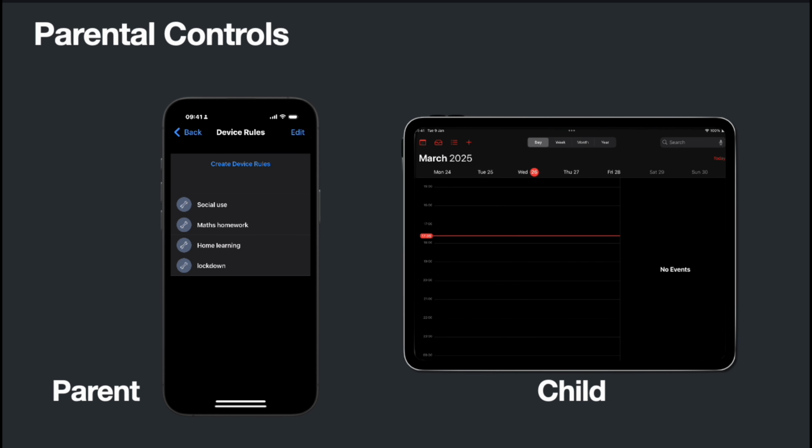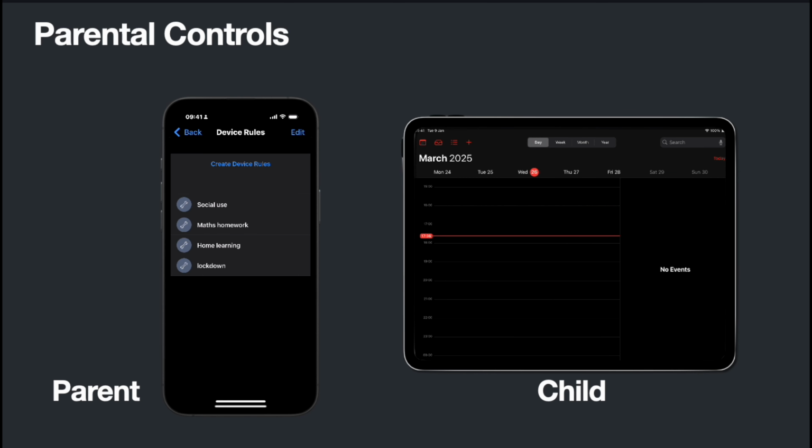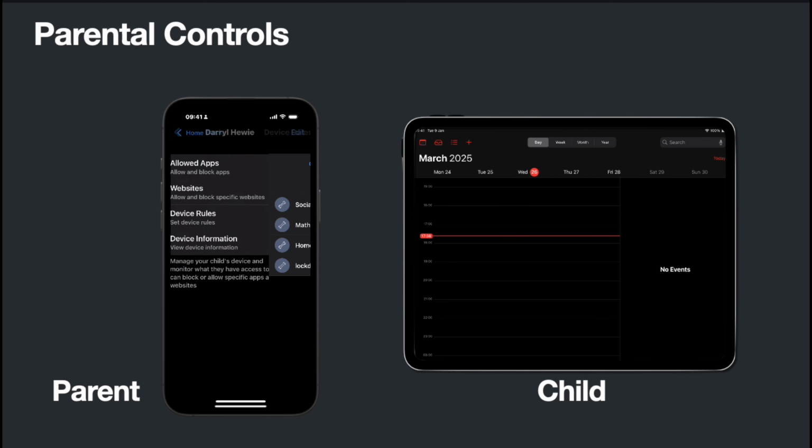So at this point, you'll see that the child has accessed the calendar because that's the only app that they have access to. They can't get out of this. So I am trying, you can't see it, but I am trying to press the home button or swipe up from the bottom. Nothing's happening. They're locked into that application. So the device can be switched off to save battery. When it comes back on, they can open the device and it's just going to go back into calendar. Nothing else can happen until obviously the time has run out or the parent chooses to remove that device rule